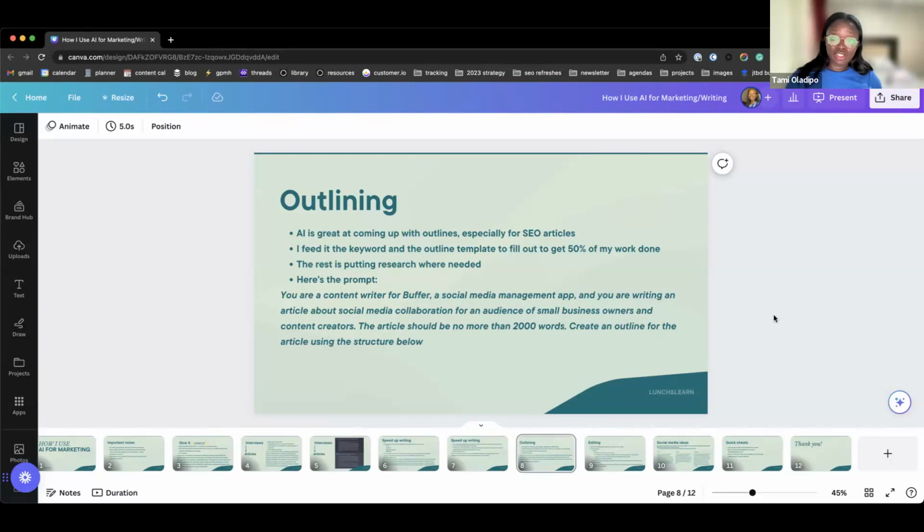AI is really good at helping come up with detailed outlines. If you already have material, like research or a report that you're trying to adapt into an article, you can feed it in the chat. You can put in the keyword, and the outline template that I use, I just copy and paste into the chat as well. And then sometimes I'll give it further context. So instead of going directly into "create an outline for the article using the structure below," it may be